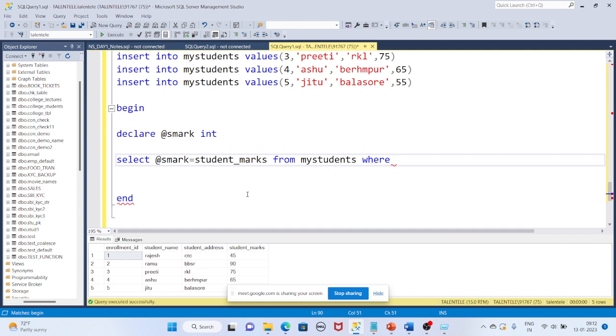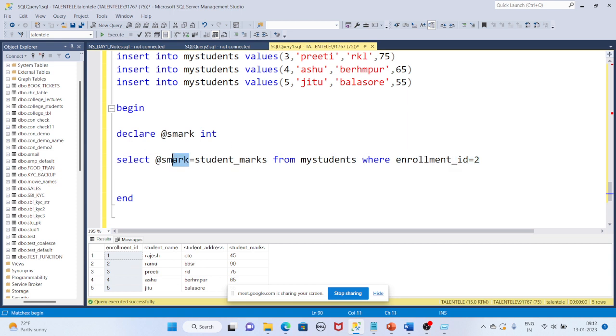That is enrollment ID, correct? Enrollment_ID equals 2. So basically what you are doing here is fetching the student mark for enrollment ID 2,